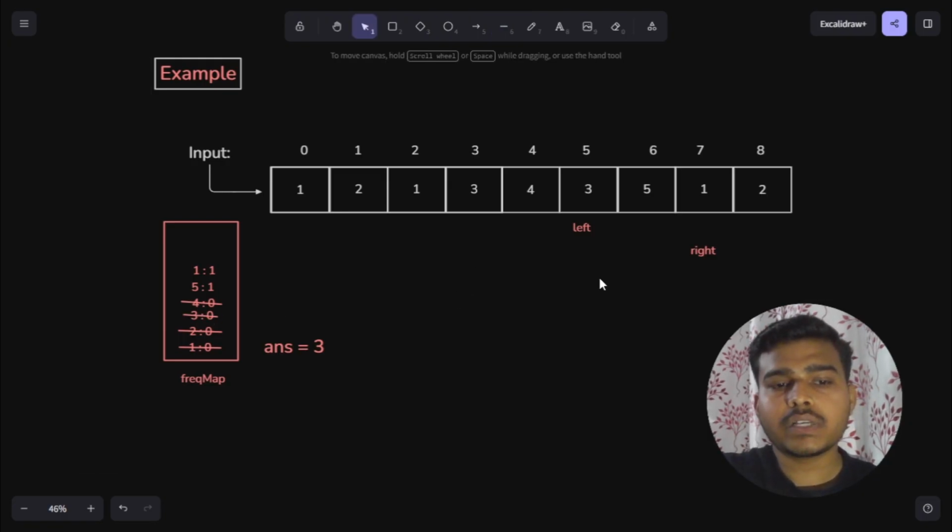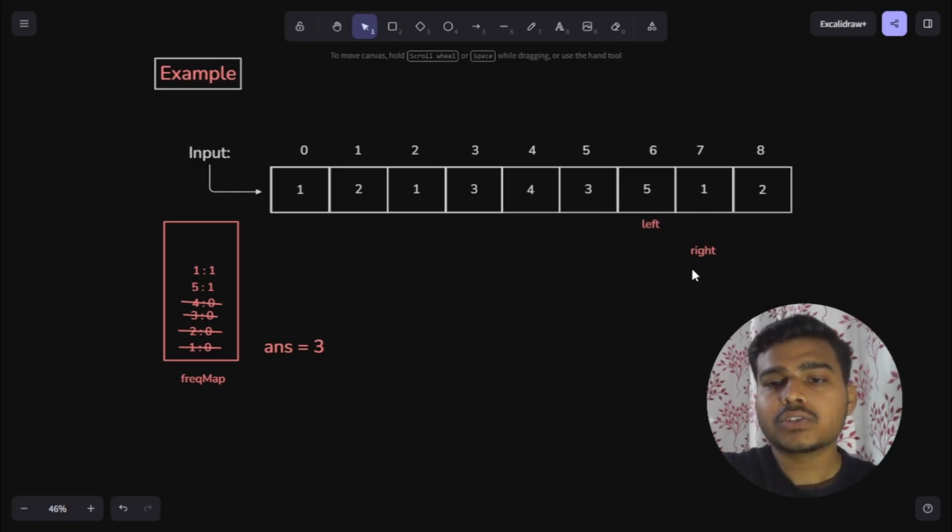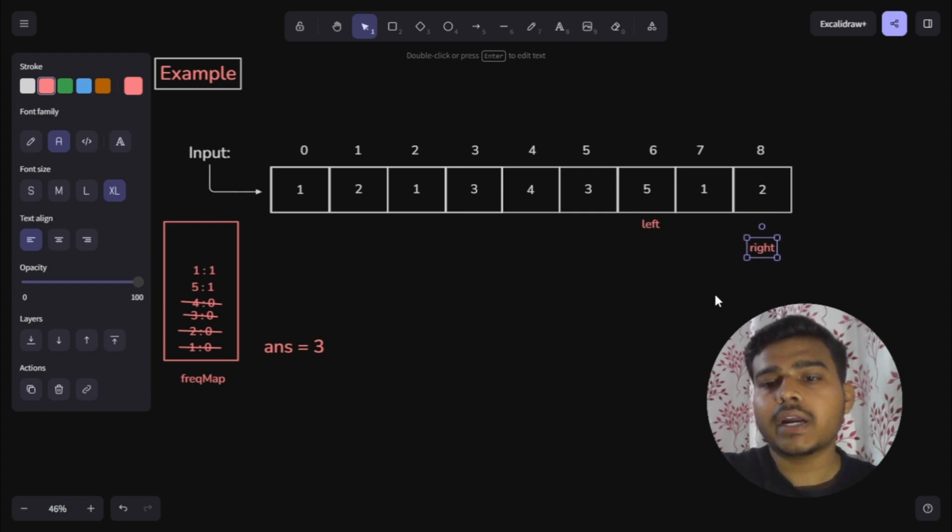and again checking for the size of this frequency map, it again became 2 after moving this left pointer ahead. So again the window is valid in this case, and getting the length, it is 2, so the answer is 3, that is the maximum. Again, for expanding the window, the right pointer moves ahead,